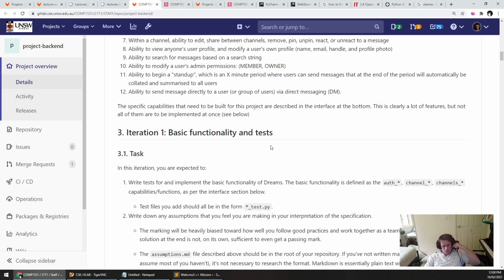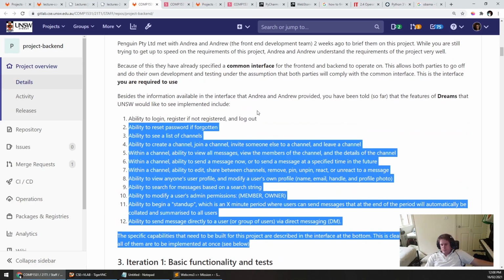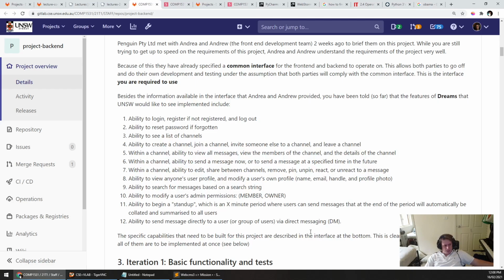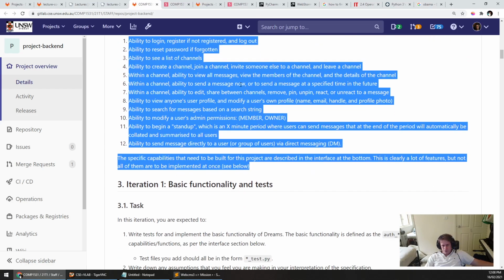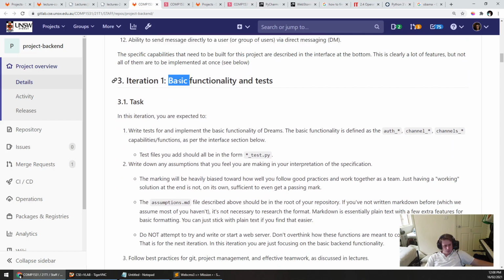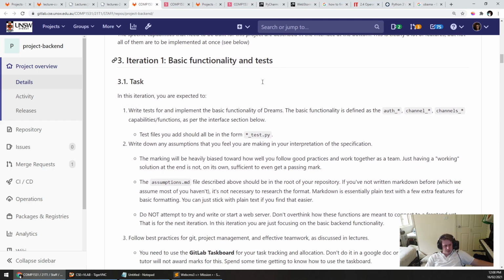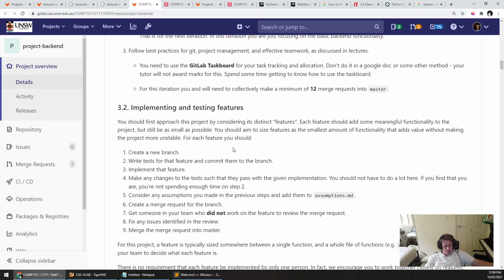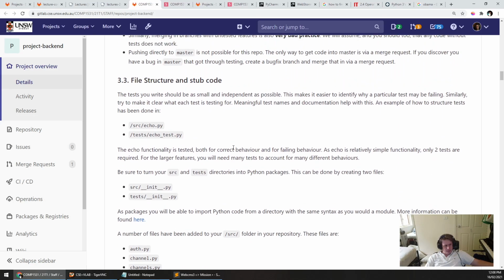Now, all of this talk about web servers and front ends does not come in until iteration 2, right? Iteration 2 is where that stuff exists. Iteration 1 is very, very straightforward. It has nothing to do with front ends or web servers. So iteration 1 is about writing some basic functionality and tests. Again, I don't want to dictate this whole thing to you, but basically,